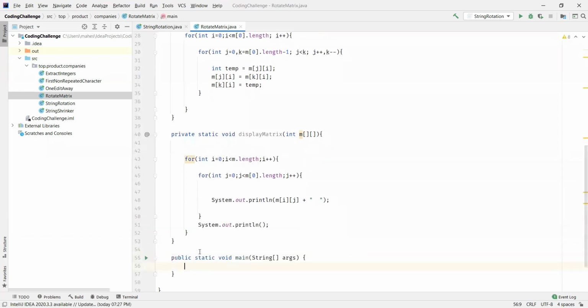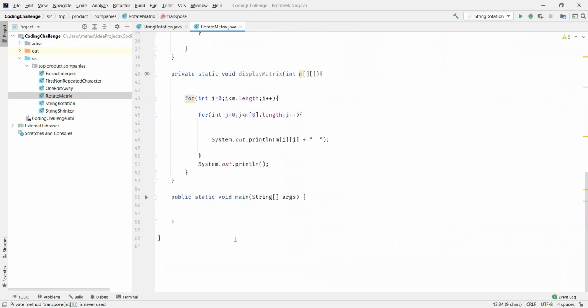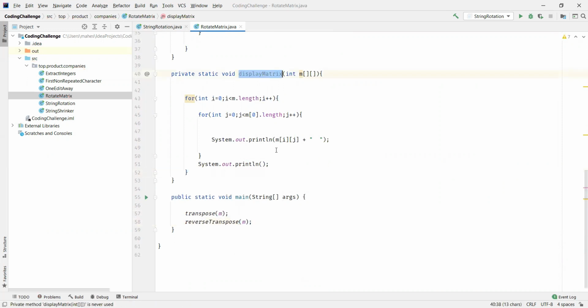So we'll have a main method here, and we'll call the transpose of m, right? And then reverse transpose of m. And we wanted to display the matrices, right?